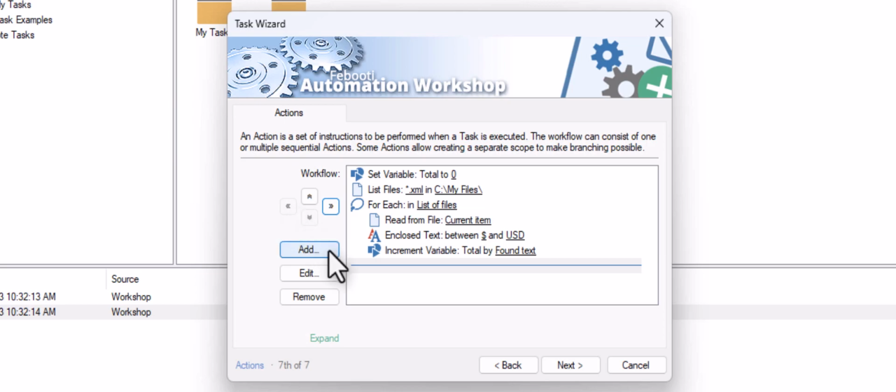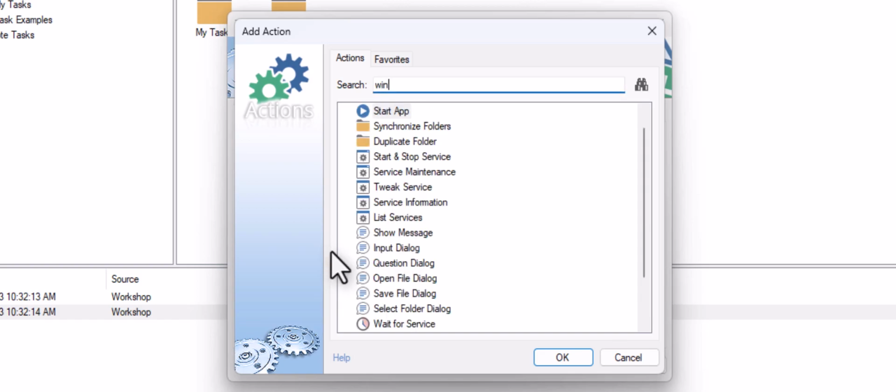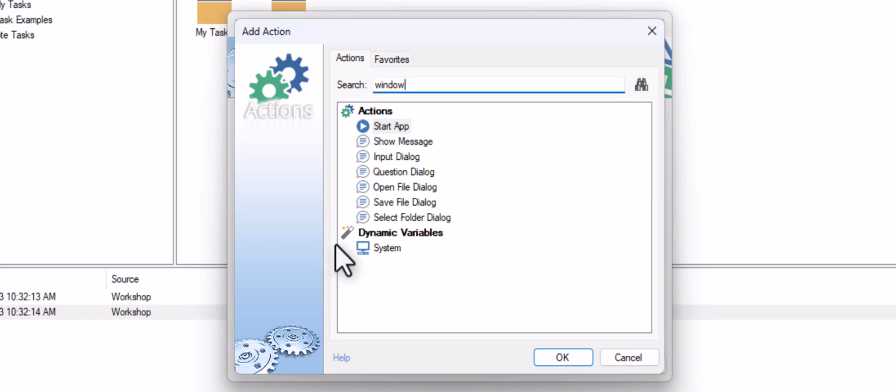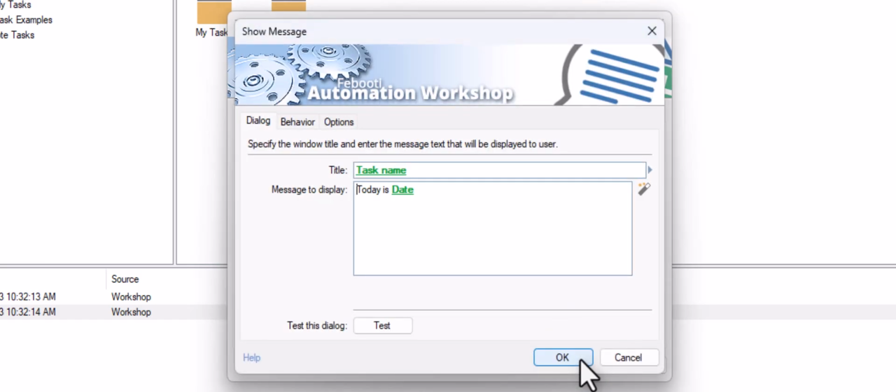Let's add one more step to our workflow. I'd like to display the total sum in a window for a user to see. Show message is used to display some text to a user. I will clear this. Here we go.